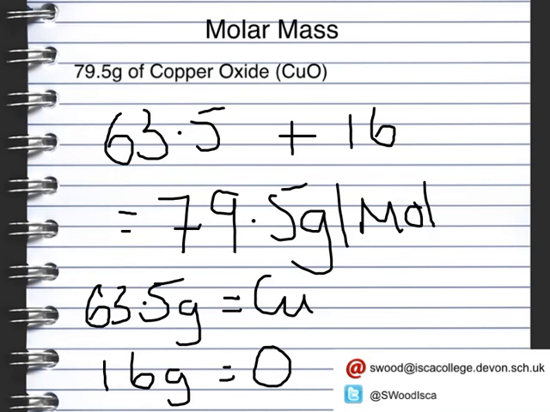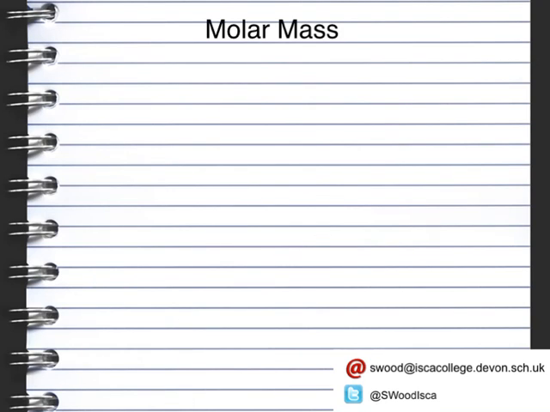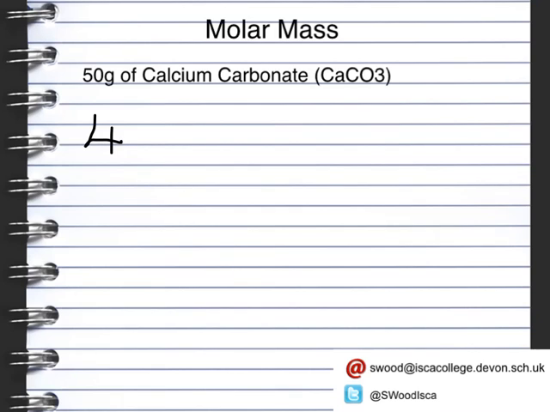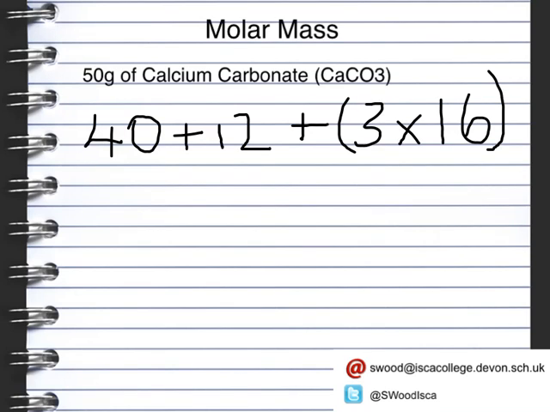Okay, now I think what we'll do is we'll just have another go at another one. This time we'll make it a little bit more tricky to do. Now 50 grams of calcium carbonate. Now if we try and work out the molar mass of this, we've got calcium in there, which has a mass of 40 grams per mole, plus carbon, which is 12 grams per mole, and then we've got 3 times oxygen, which is 16. Okay, so we've got 48 plus 12 is 60, plus 40, that is equal to 100